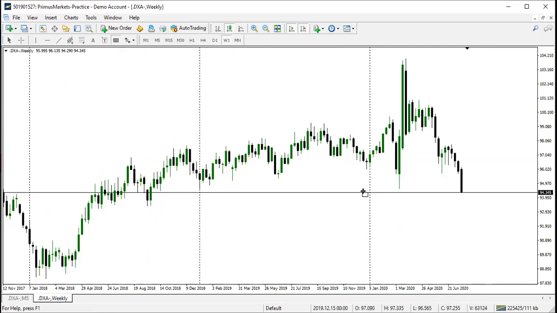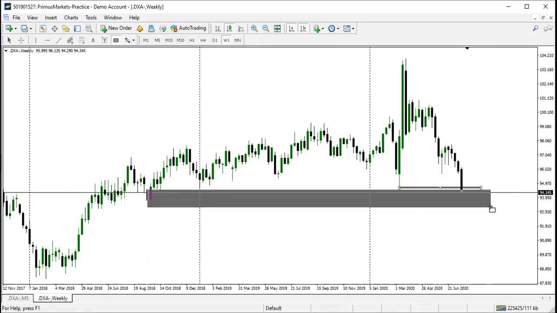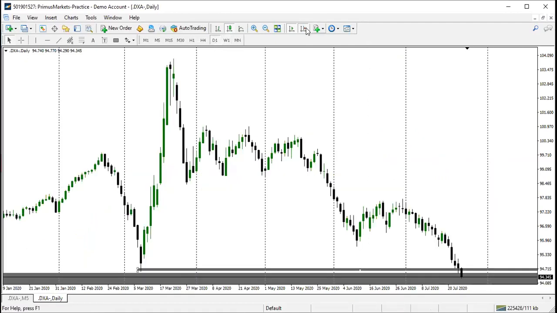On the weekly time frame, we can see that there's a liquidity grab here, which implies that this market has taken out liquidity. We don't expect it to keep going lower and lower, though it can actually go lower. Another thing to take note of is that there is a support in this area. Can you see that there is a support in there? So this implies that this can serve as a push up for this pair before it comes down. Then let's go to the daily time frame.